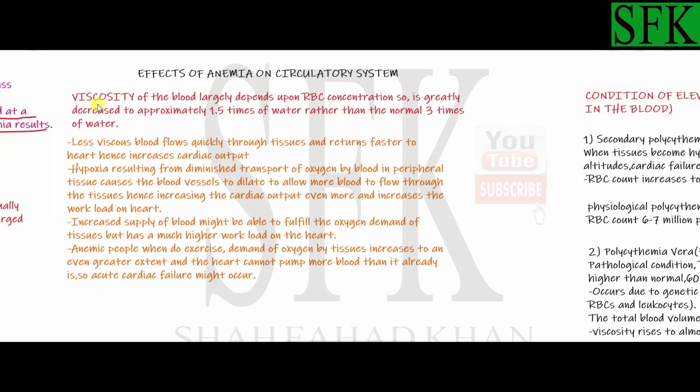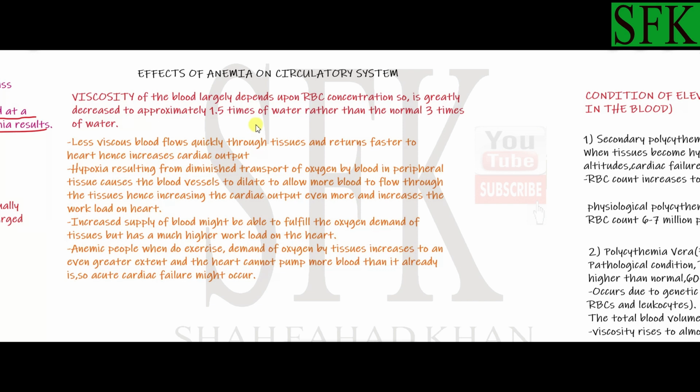Viscosity is the resistance to flow of a fluid or a liquid. So viscosity of blood is how easily the blood can flow. It largely depends upon the number of red blood cells present in the blood. So if in anemia the number of red blood cells decreases, the viscosity, which has a normal value of 3 times the viscosity of water, decreases as well to 1.5 times. So this means that viscosity becomes half of its original value due to anemia,